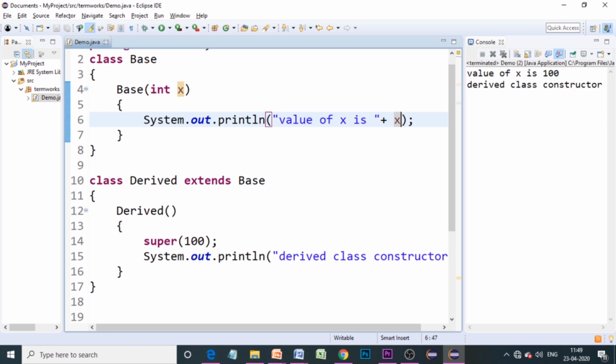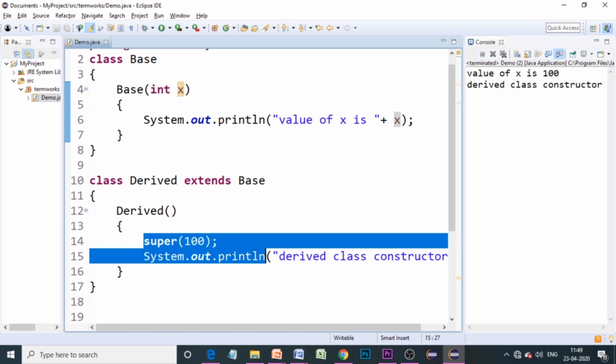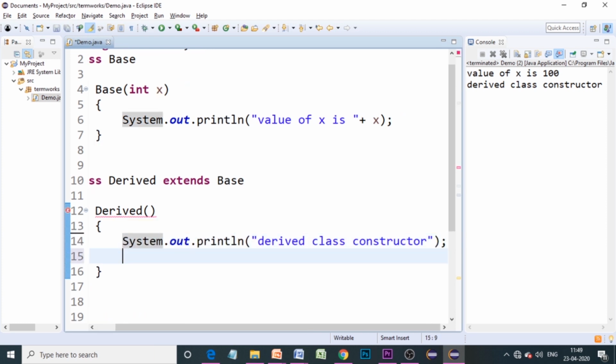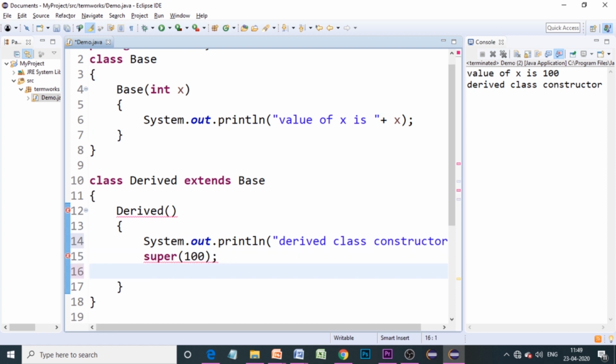So please note that whenever you are using the super keyword in case of constructors, the super instruction has to be the first instruction in the constructor. That means you cannot remove this and you cannot change the ordering of this, and maybe I want to put it over here. So you can see that we are getting some warnings over here, isn't it? Constructor call must be the first statement in a constructor.